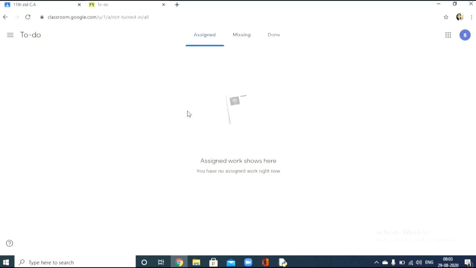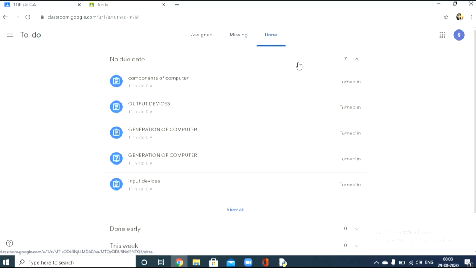Assigned homework, everything I completed. Missing homework, no missing homework is showing. Done homework, all the homeworks I completed, it's showing the list. So in this way you can post your homework regularly.